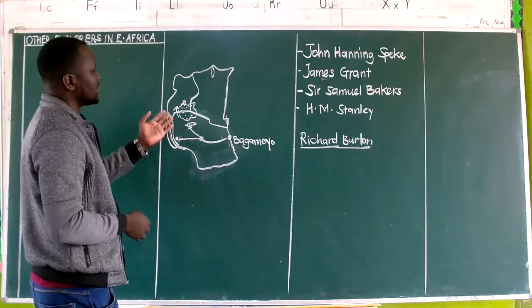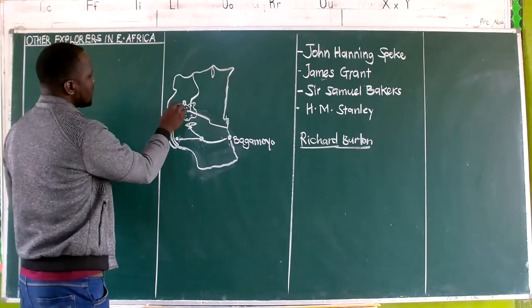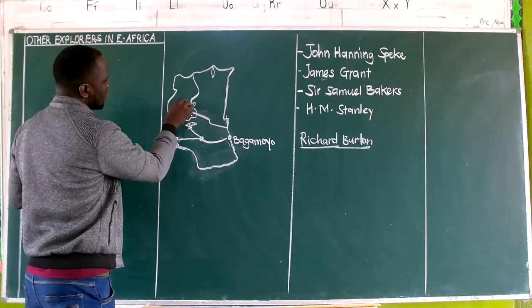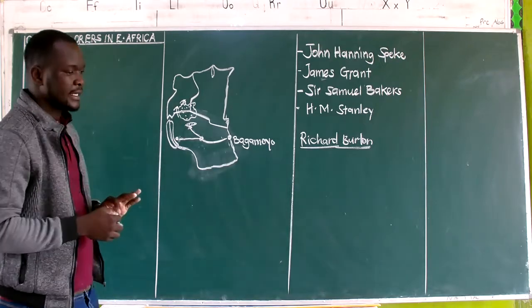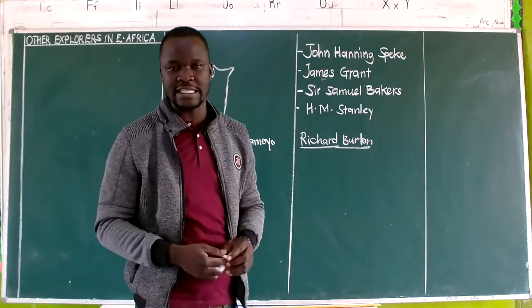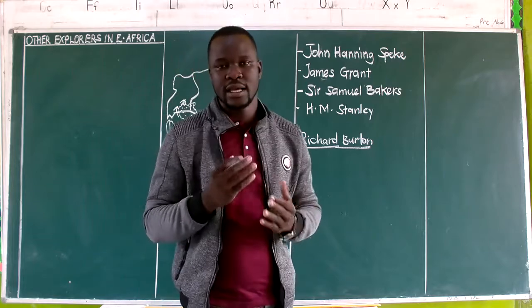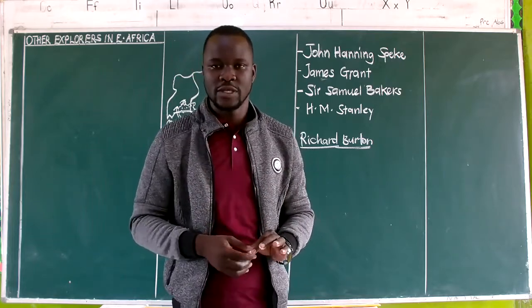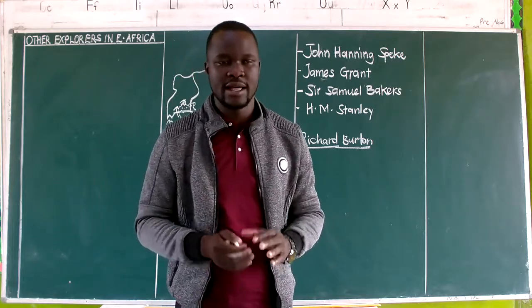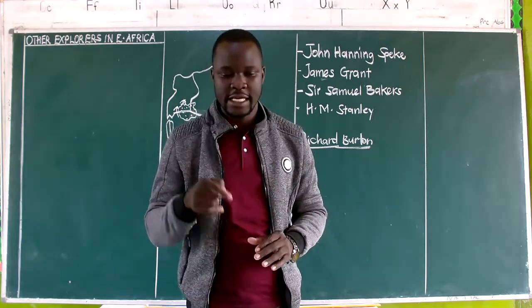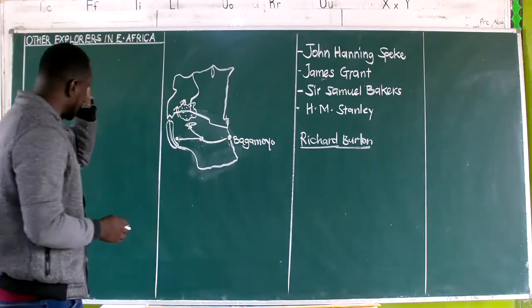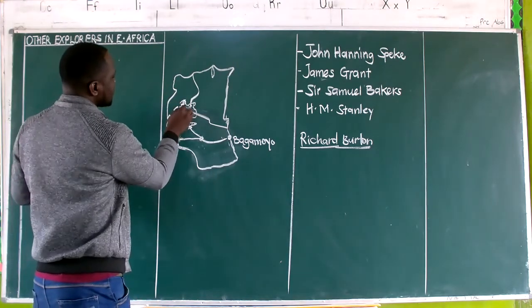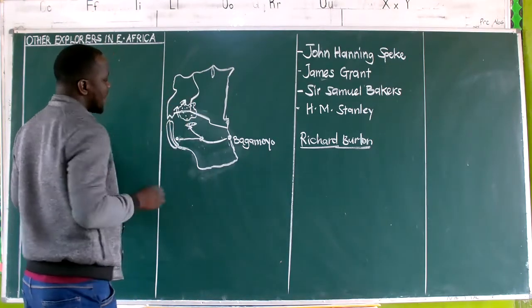He was later on joined by Grant, and we say Speke moved to the source of River Nile, that is in Jinja, and he became the first European explorer to see the source of River Nile, which was in Jinja. Remember, the source of a river is that point where a river starts flowing. Therefore, we have River Nile starting its flow from this part, that is in Jinja, and we say